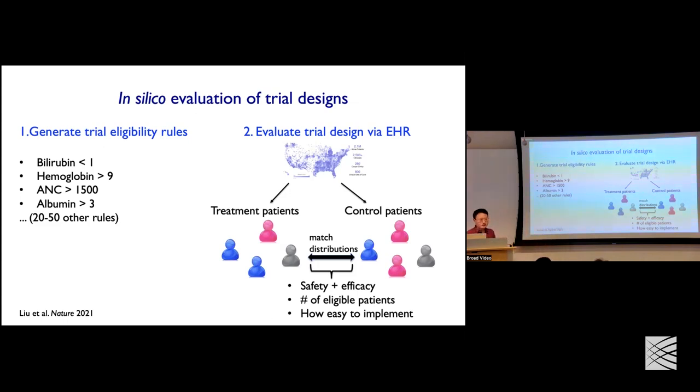Because it's all done in silico, it's very easy for the algorithm to change these constraints. Maybe you can change these different thresholds to enroll more patients, or even remove some of the rules altogether. It makes these changes and then sees how relaxing these rules or changing these thresholds affects the real-world efficacy and safety of the patients. To test this, it goes back to the medical record and generates additional sets of